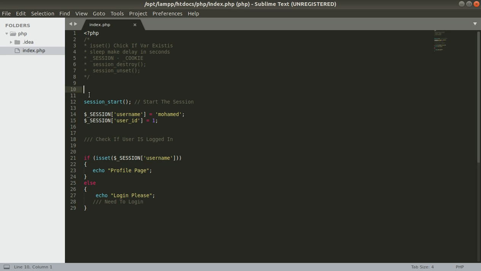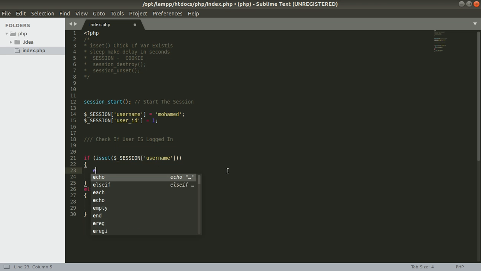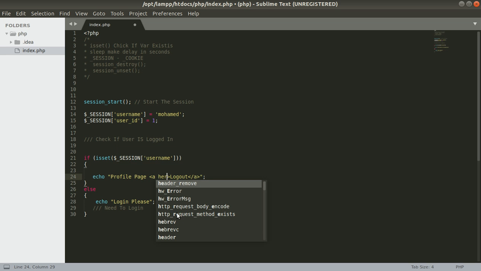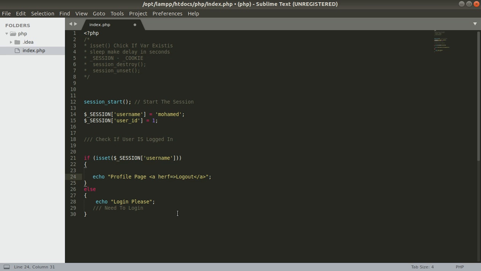First, after setting the session and logging in, I will add a link to destroy the session, to log out. I will add a link here. This link is for logout. I will create the href for